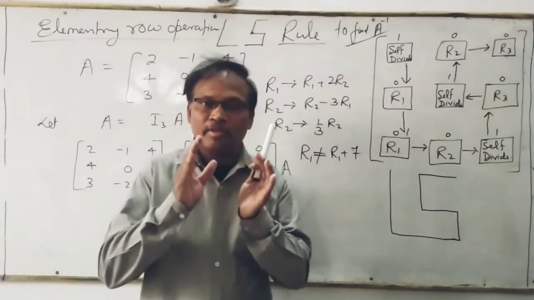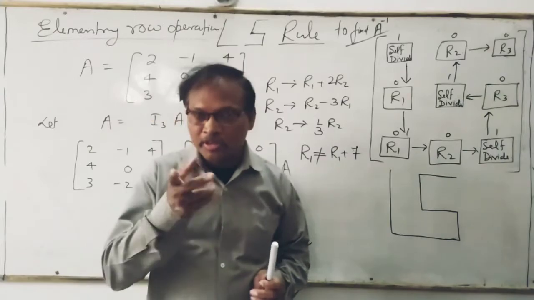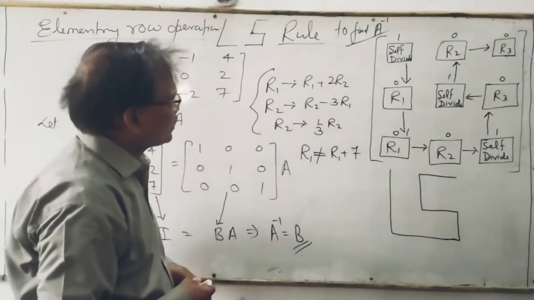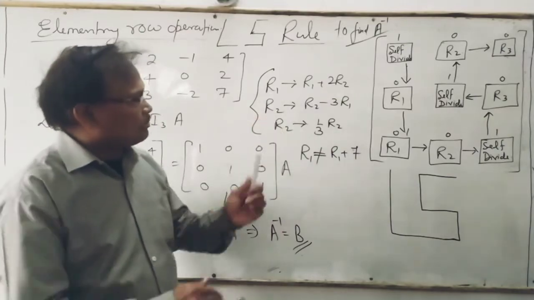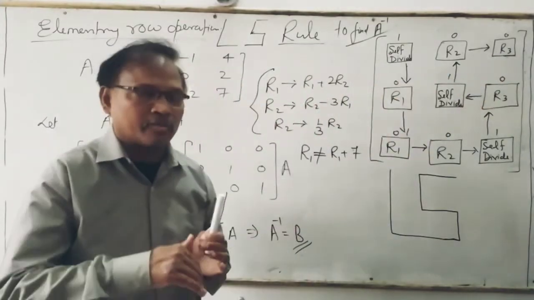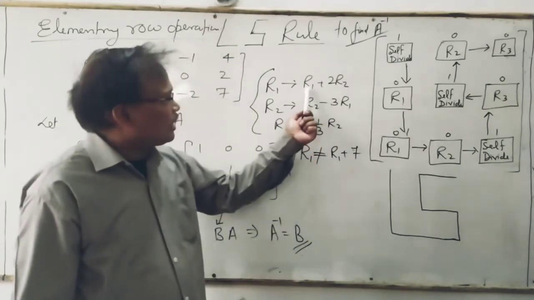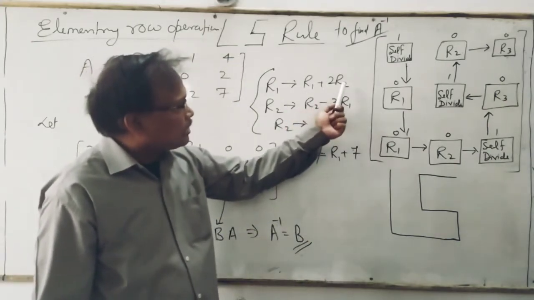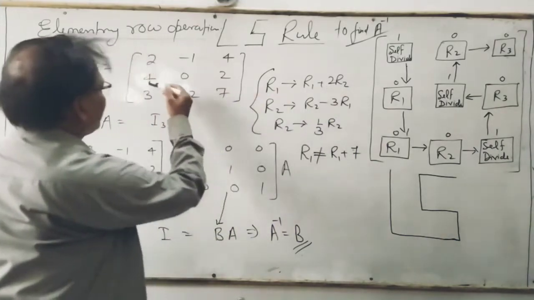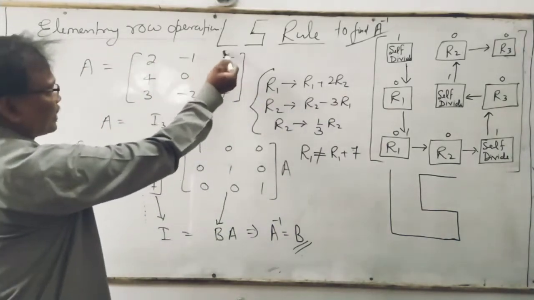बाय यूजिंग एलिमेंट्री रो ऑपरेशन. अब रो ऑपरेशन क्या होते हैं? Here some examples are written. R1 मतलब जैसे मान ले सपोज करो हमें R1 में चेंज करना है. This R1 we have to change or we have to add something. Then R1 plus 2R2 means R2 के जितने एलिमेंट है उसमें 2 से मल्टीप्लाई करके करस्पॉन्डिंग एलिमेंट में ऐड कर देना.